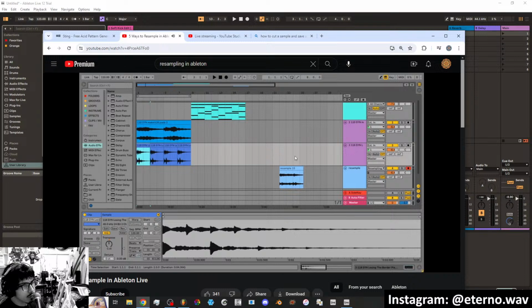It's really good for that. So that's our first method. We'll just call that resampling method. The second one, so like I said, you can change the input on this track to kind of take the